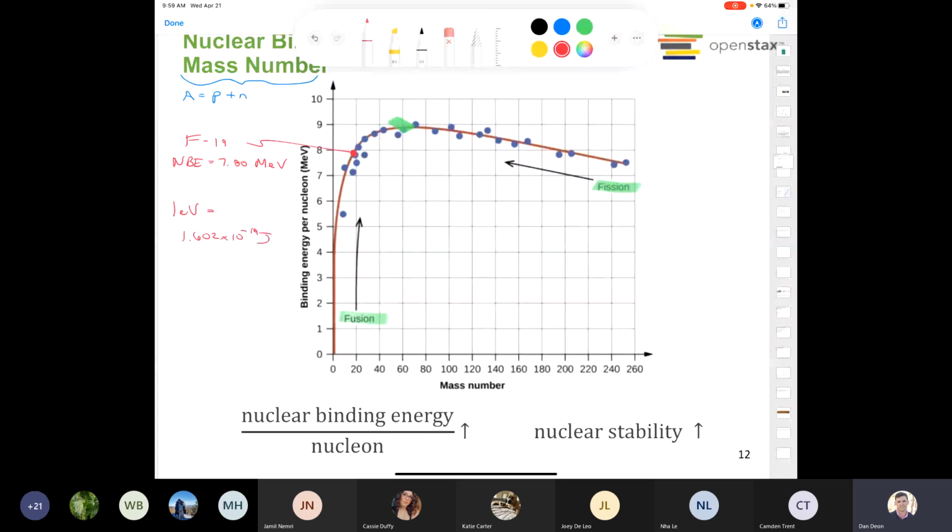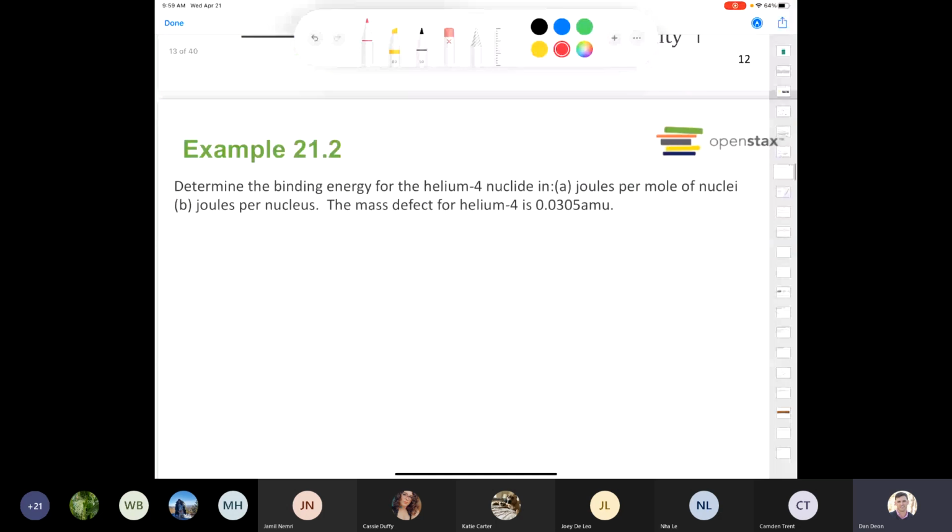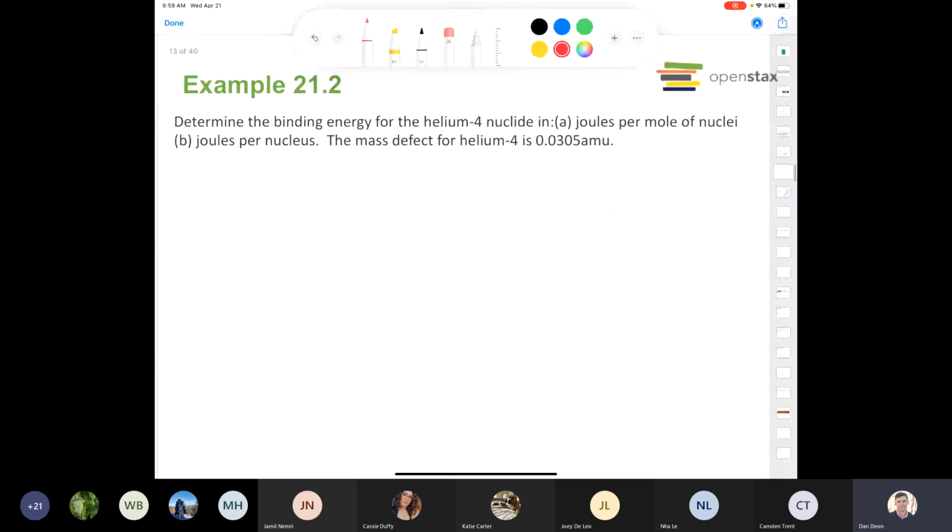Okay, well, with all that in mind, let's try a practice problem here. This is example 21.2 from our textbook. It says, determine the binding energy for a helium-4 nuclide in joules per mole of nuclei and joules per nucleus. The mass defect for helium is